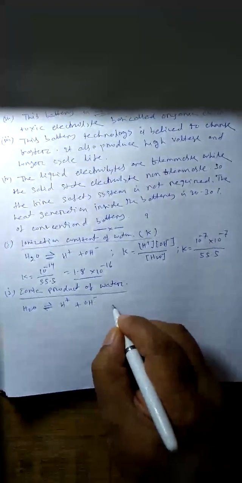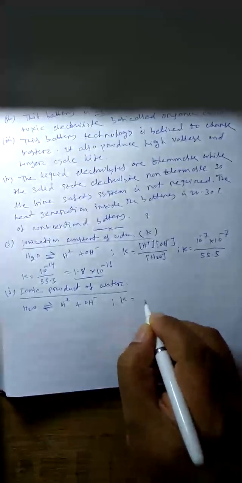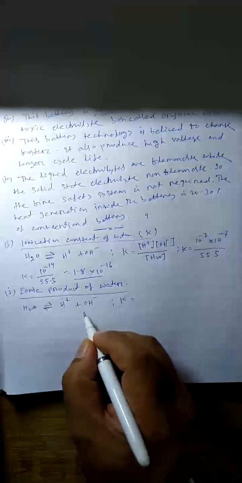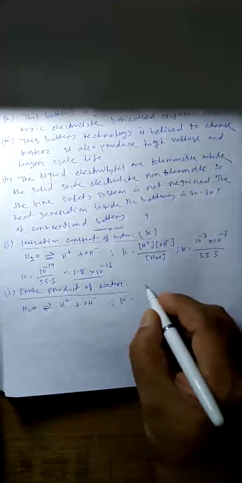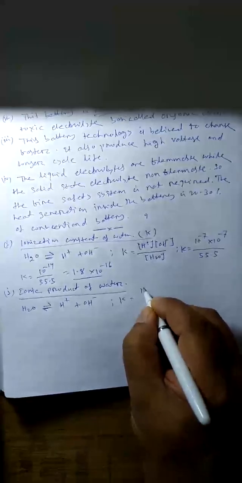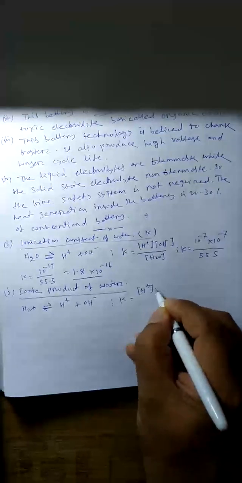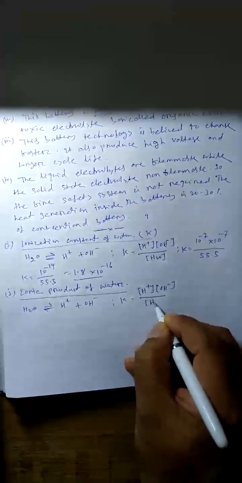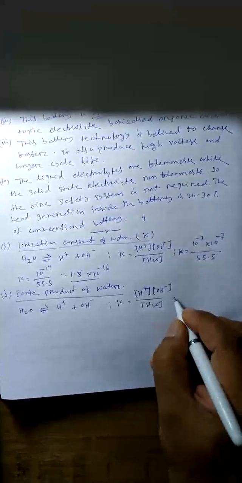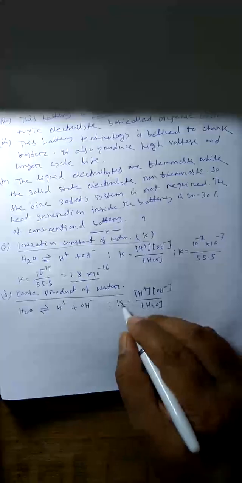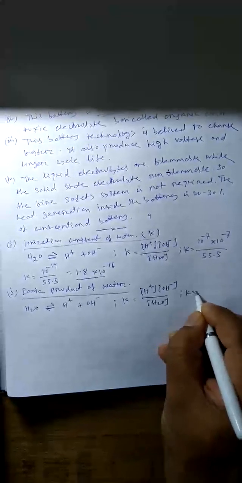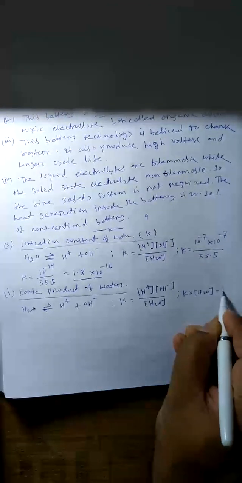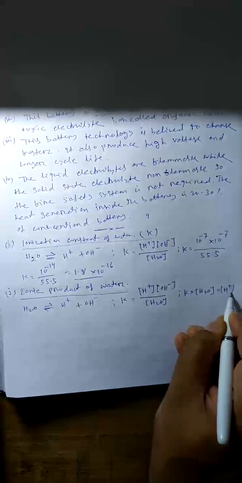It gives ions, so it is an ionization constant; if it gave molecular form, we would call it an equilibrium constant. Now K is H plus concentration times OH minus concentration divided by water concentration. Multiplying by the water concentration, K times the concentration of water is equal to H plus concentration times